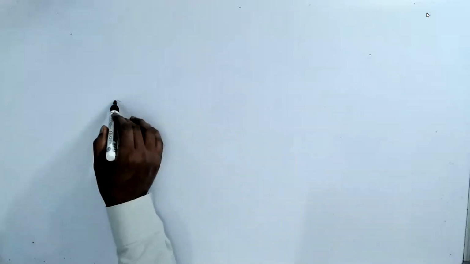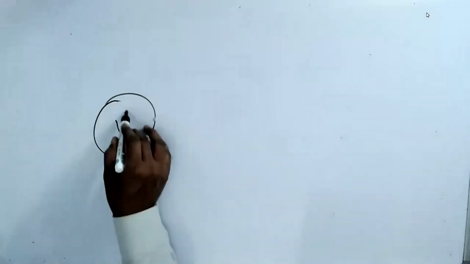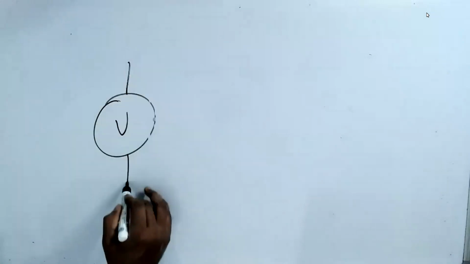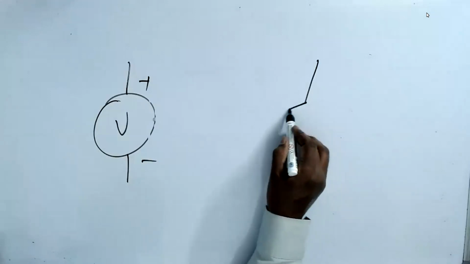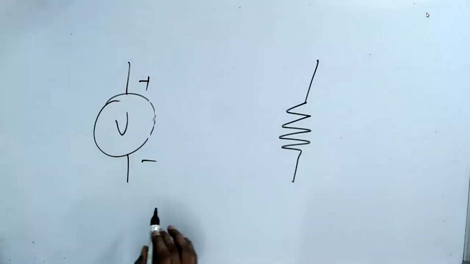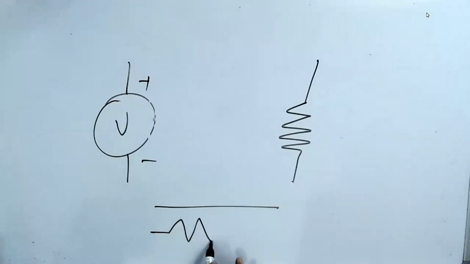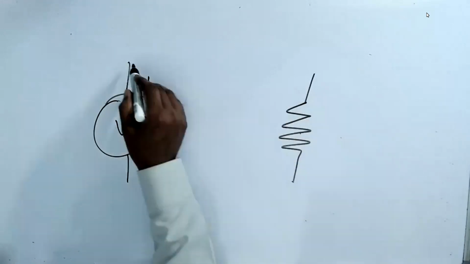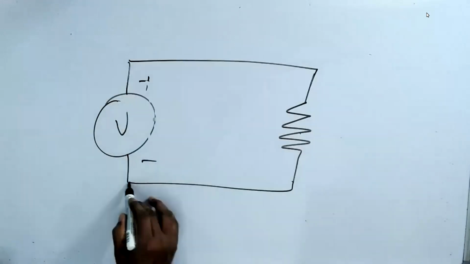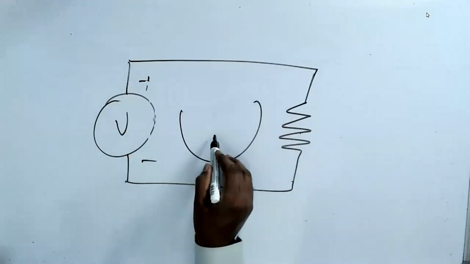So now what they have found, very surprisingly, I have a voltage, plus minus, and they have a resistance. And you know that they always draw it like this because it's a zigzag. This is a normal flow. The zigzag means this is a resistive flow. That's why they made a symbol like this. That means it's not very straightforward. There's a lot of friction on the road. You have a zigzag flow. That's why the symbol. Now I draw a wire connected. There is a current here. And this is R.